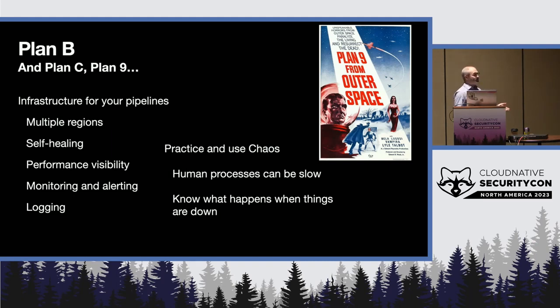If your supply chain pipeline breaks down, have a plan in place for how you're going to track and trace your software, a human process for that. Kubernetes can assist with some redundancy and some self-healing. And you want to make sure that you have monitoring and alerting in place for resource utilization errors, visibility into your applications. Logs are great, and they can assist in troubleshooting and maintaining integrity and traceability of your code pipeline,